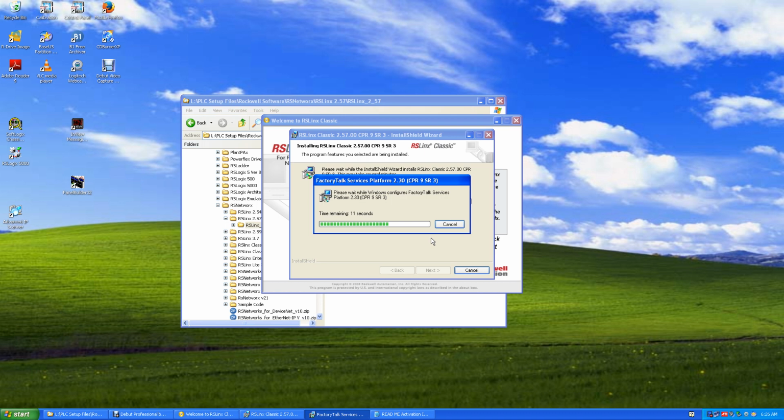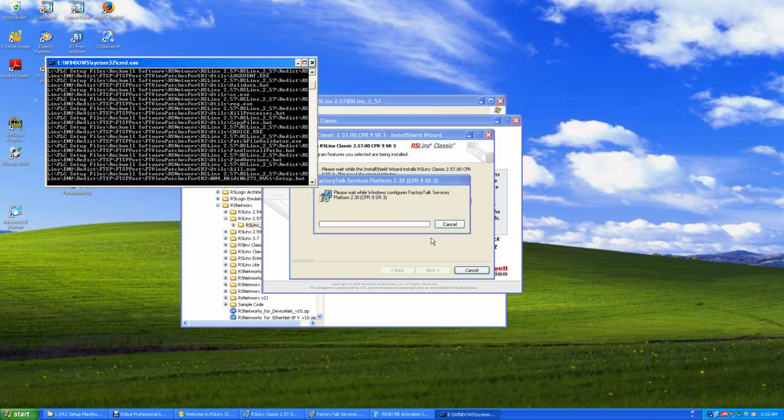It talks back and forth between a server. For FactoryTalk View Studio, we'll have to install a server. Now, this takes several minutes to install. You can watch the beginning setup if you want. Once it starts installing the electronic data sheets, it takes several minutes, so you can skip ahead, but be sure